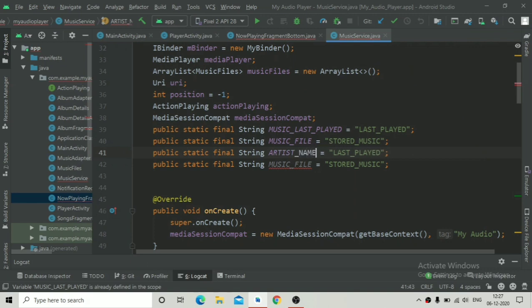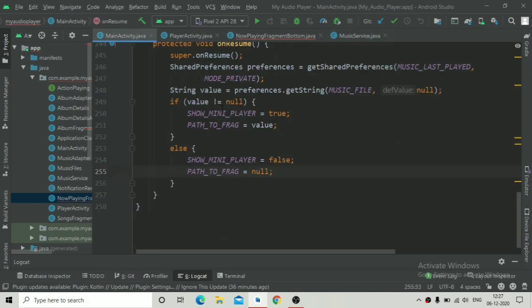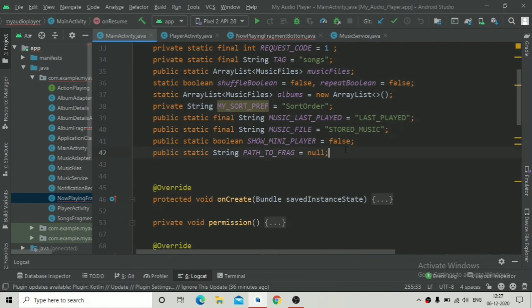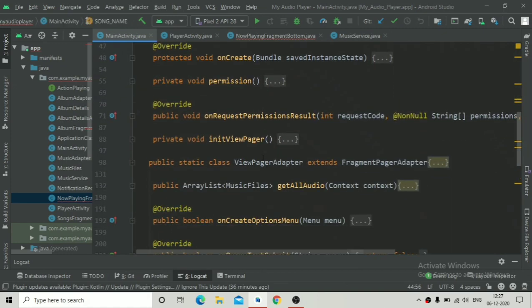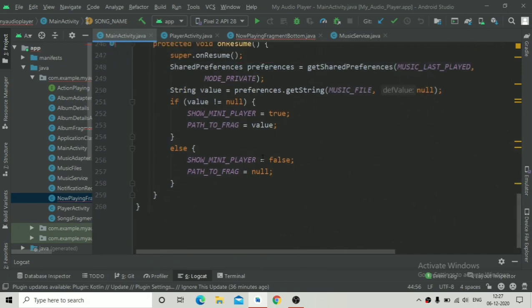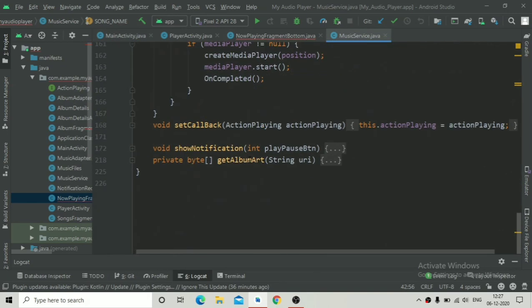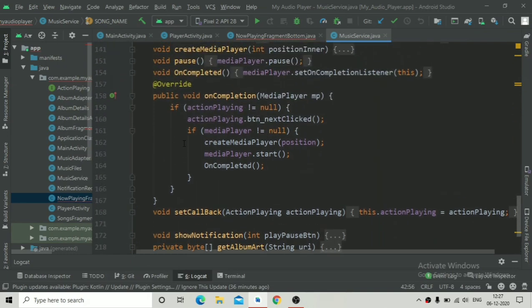These are the string variables that I'm going to use for the artist name, so just add the value ARTIST_NAME, and also you can change it to SONG_NAME because we also want the song name. So write SONG_NAME as a value also, this must be unique. And now just copy this and again paste it over here, Ctrl+V. Then again we have to store the artist name and song name as string values, meaning key-value pairs as shared preferences.